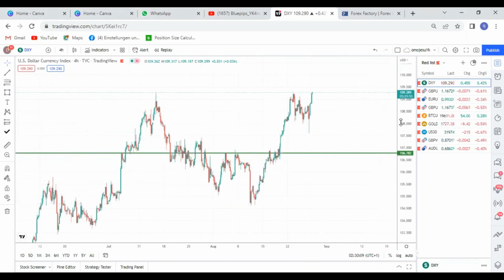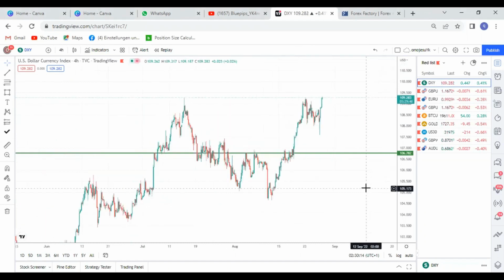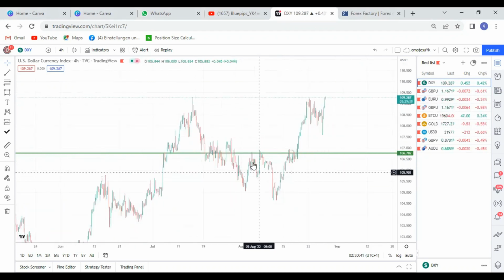So today I'm going to be analyzing the market for the week, what I'll be looking out for this week. Firstly, we're going to start with DXY. As you all know, my main trade is GBP USD, but I trade other pairs also. So today I'm going to be analyzing three pairs: DXY, GBP USD, and then Euro USD. So let's start with DXY so that we can know the